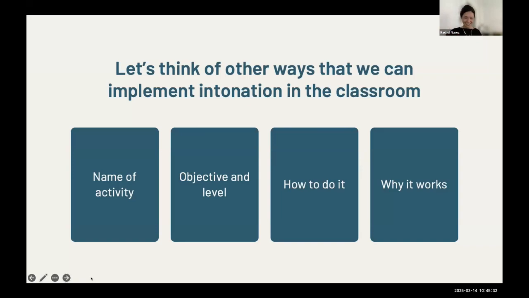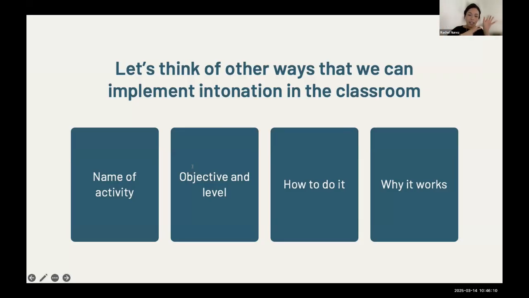Another great way to implement intonation is something called readers theater. This is really great for the little ones. I don't want to say little ones because also adults might enjoy this as well. You can find a script, like a theater script online. There are so many free materials that you can find online. You can find, for example, on the website Teachers Pay Teachers, they have some scripts there, and you can assign a theater script to a group of students,